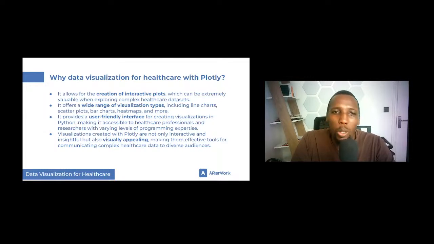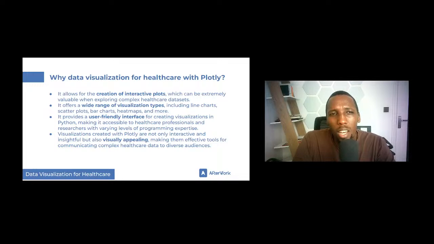We are able to use Plotly to create interactive plots, which we can interact with, as opposed to static visualizations, where our way of interaction would just be from a sight perspective. We just look at a chart, but we're not able to select an area and drill into more information about it. So with Plotly, we can create interactive plots, which are extremely valuable when working with healthcare datasets